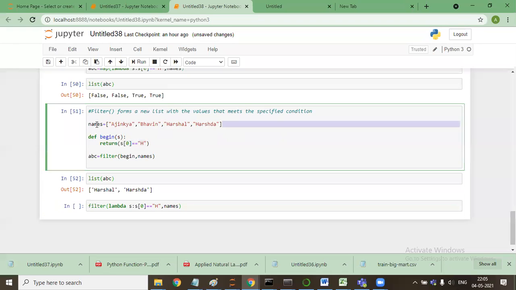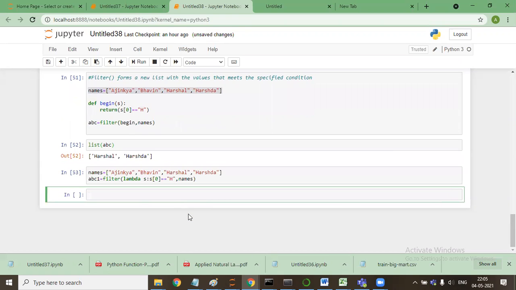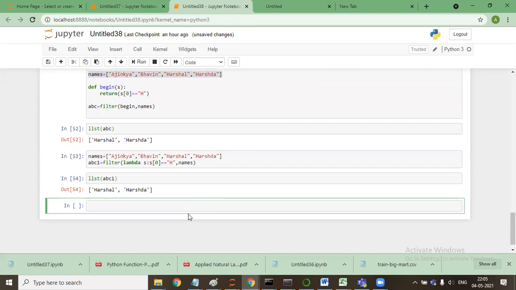I'll copy this, paste this, and save. Let's execute, shift enter. I'll say list ABC. Are you guys with me?